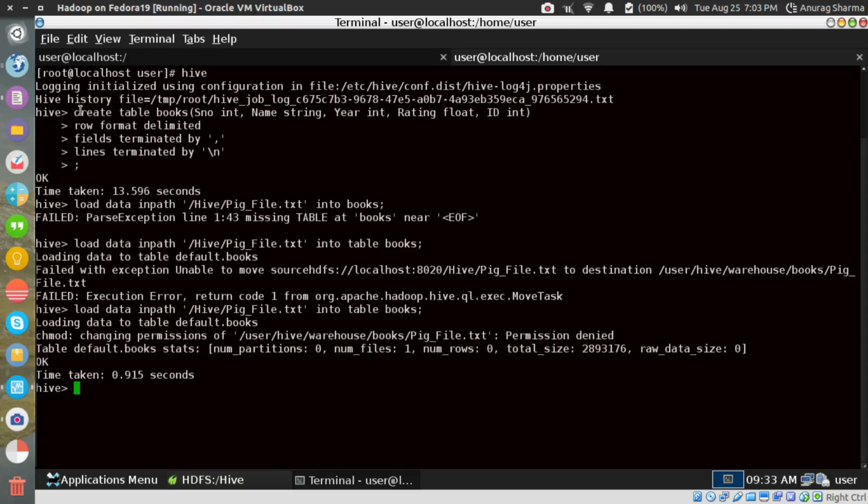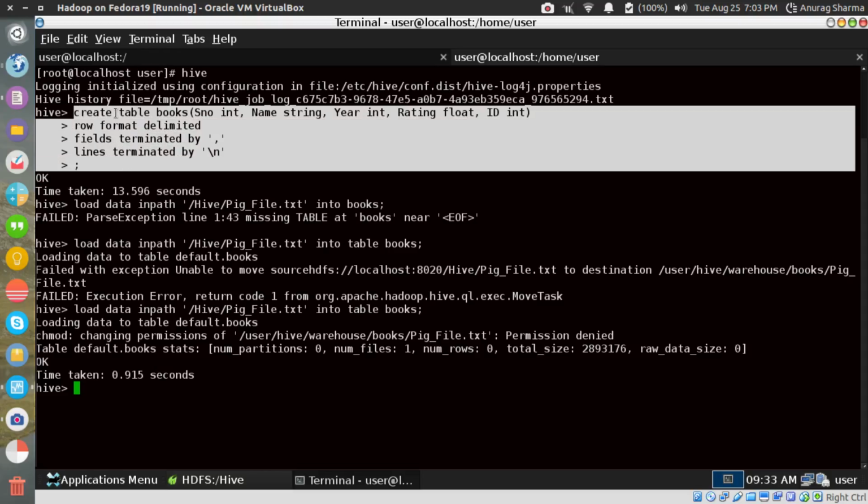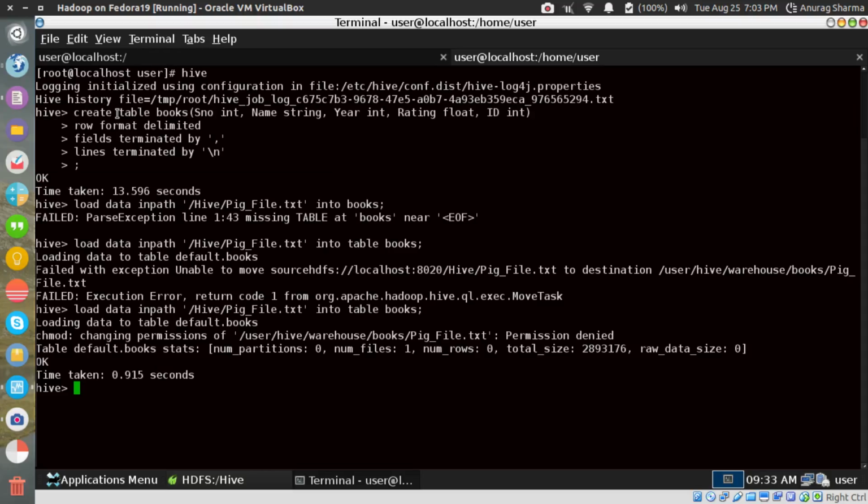To create the metadata, all you have to do is, for the same command, just write create external table. There is a configuration that you have to do before this, which basically tells what external database you want to use and what the parameters are for that particular database. It might be MySQL, it can be Oracle, it can be Teradata, it can be anything. It's up to you. Now in this case, the data will not get moved. So tomorrow, even if you drop the schema, the data still rests in the same place.